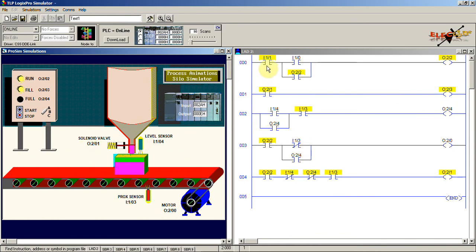And then in the ladder logic programming, you can see the highlighted instructions which, depending on the bit status of those, are highlighted here. This yellow color represents the highlighting of those instructions.